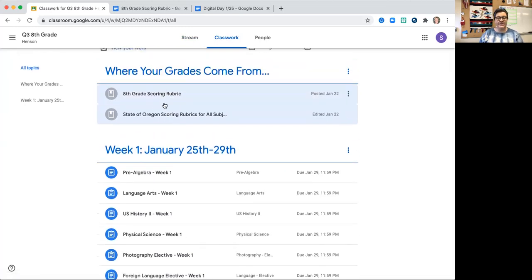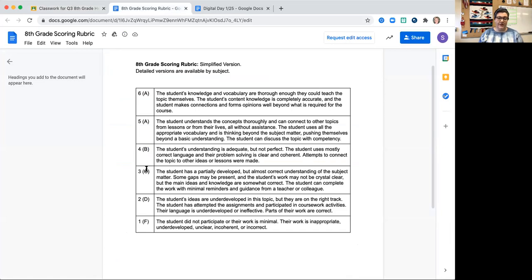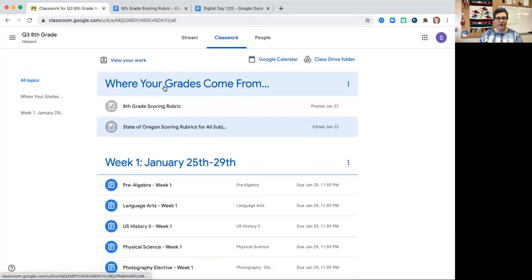When you get an assignment, every assignment will be graded between a 1 and a 6, or 1 and a 5. If you get a 6, it's basically you get an extra credit point. But every assignment is out of 5. So if you get a 5 out of 5, that's an A. If you get a 4 out of 5, that's a B, and so on, just like that 8th grade scoring rubric that I showed you, this one. So if you get a 3 out of 5, that'll be a C. And then I'll use that. It'll be based on your weekly score. So I'll be talking to you more about that in person and be able to answer questions.